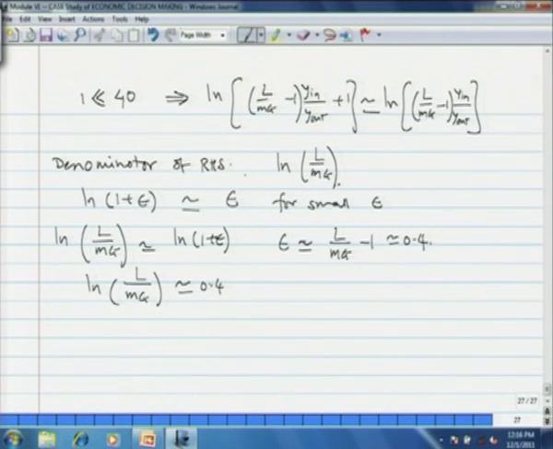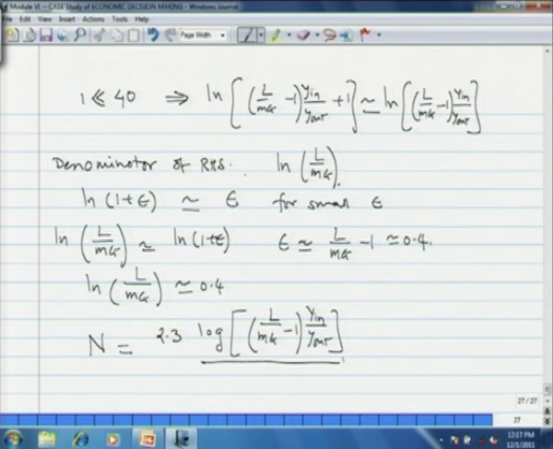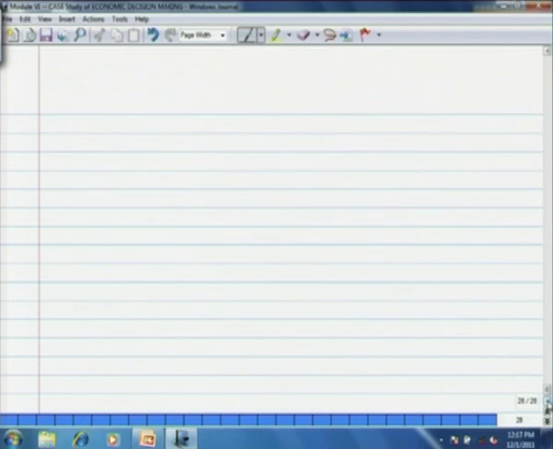Now, with these simplifications, we can now write the new Kremser's equation as n is equal to 2.3 log. Now, we are replacing ln by log. So, we have to multiply by 2.3 log of L by mg minus 1 into y in by y out divided by 0.4,